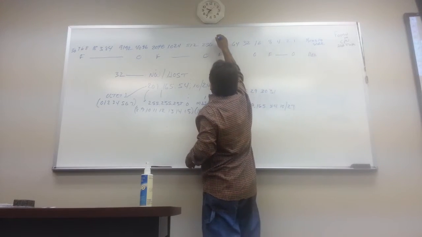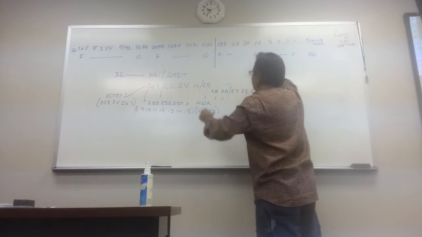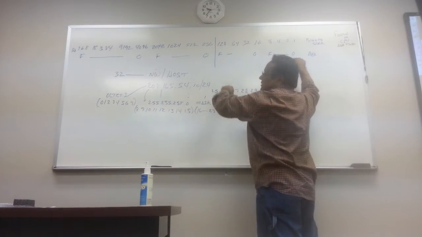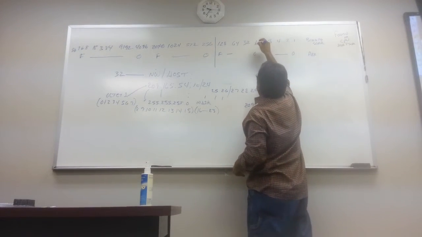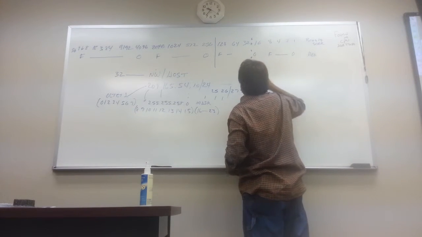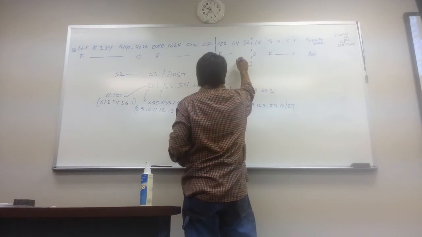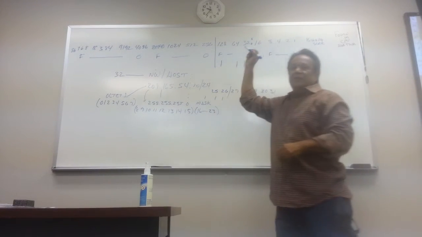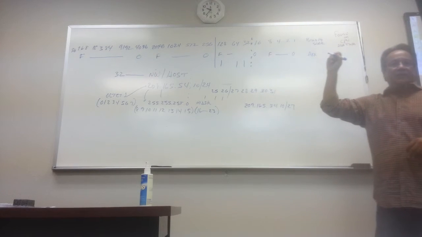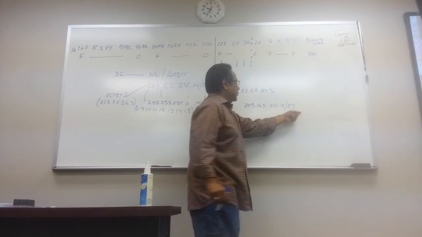Where's my 4th octet? This is my 4th one because I have 8 bits. I'm going to go to the 3rd one. So what am I using? 3. What becomes my subnet mask? 224. So for /27,